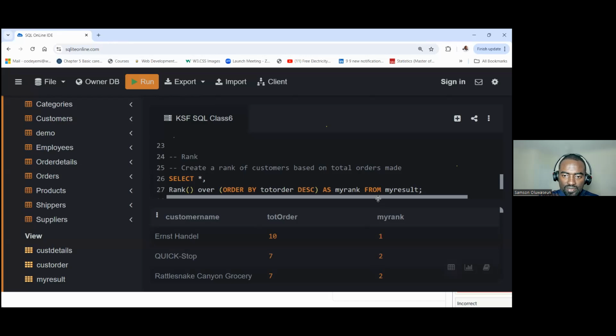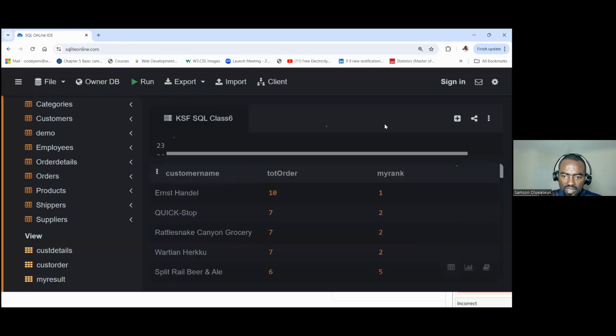Wait, I want to see something. Oh, okay. 3 people have 7. So you can see what rank is doing. So rank gave the first one, because 3 people are having 7, it assigned 2 to them. Then this one is having 6. The guy said, okay, 1, 2, 3, 4. The guy assigned 4 to this guy, right? And because of that,